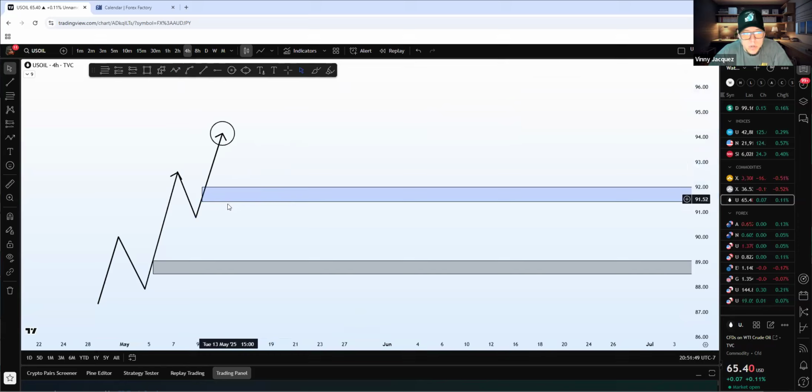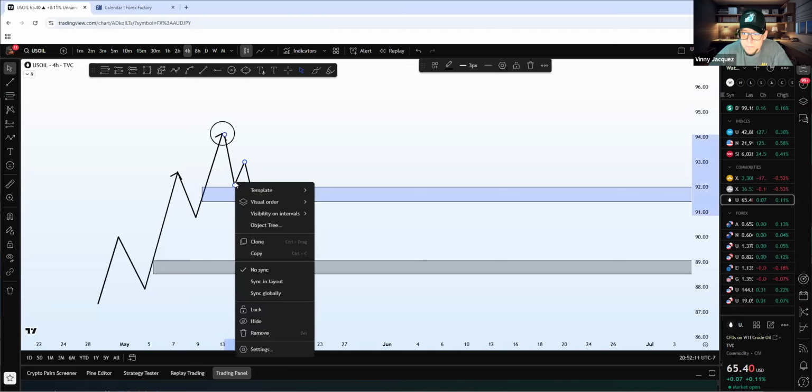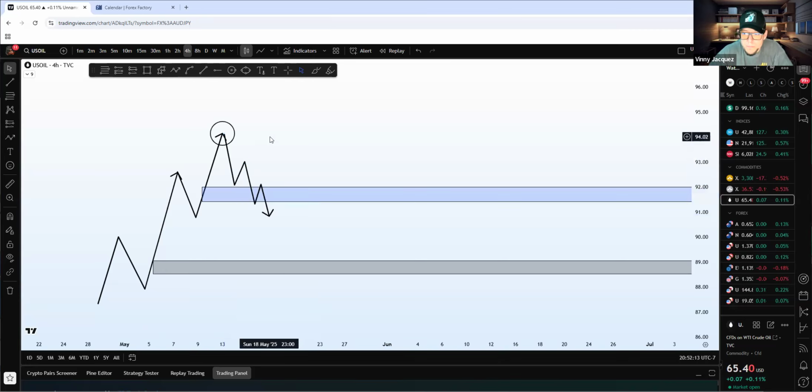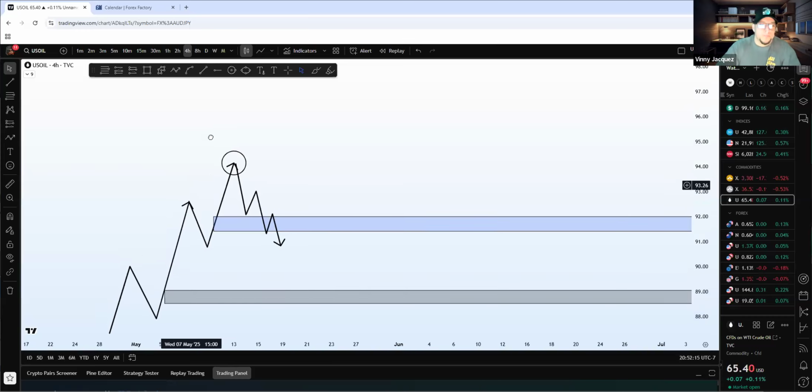And if the market wants to disrespect this zone, Frio, if the market disrespects this blue zone, then where do we think the market's headed? Let's go, baby. Does that make sense, bro? Yes, sir.